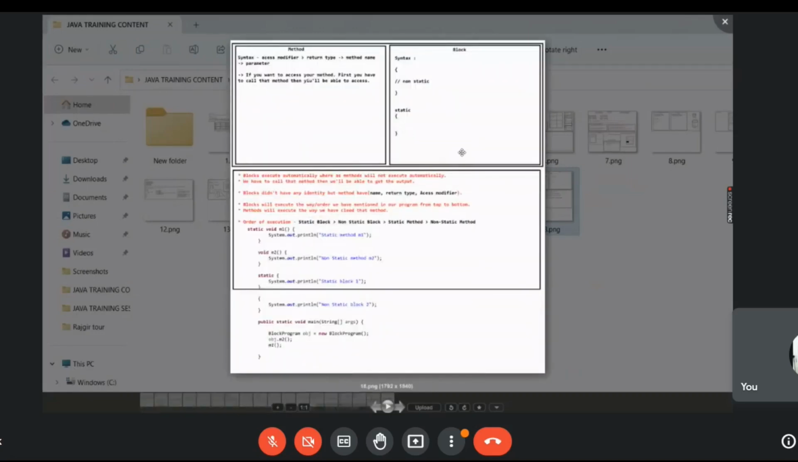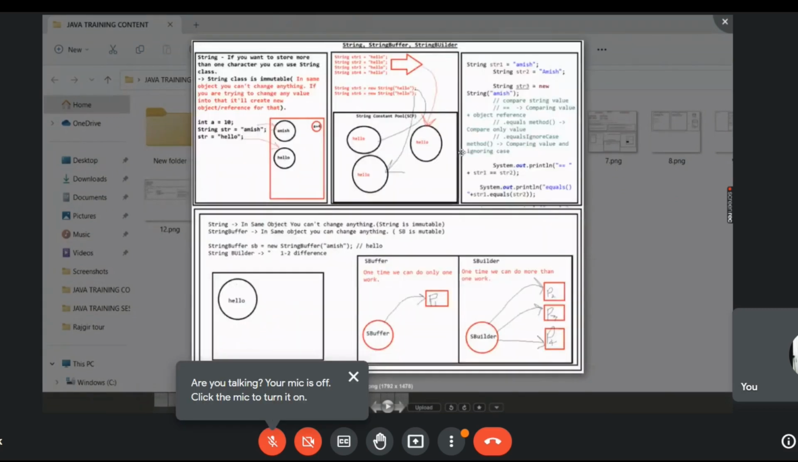Methods, blocks, how to access static method, how to access non-static method. The same we have discussed in primitive data types as well, right? And we have seen what is the order of execution if we have static block, non-static block, static method and non-static method. All right. So today we'll discuss